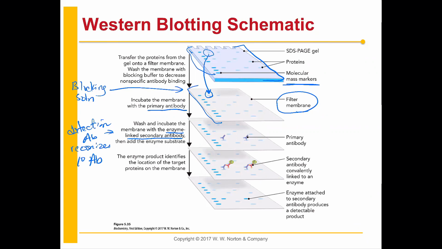And so if, let's say, for example, your primary is a mouse monoclonal antibody, right? Our primary here was mouse. Then your secondary here will be from a different organism, so a rabbit, and it'll be a rabbit polyclonal. So we call this rabbit anti-mouse. Your secondary has to be from another organism, because if you took it from a mouse, it isn't going to recognize mouse antibodies as foreign. So you need a rabbit